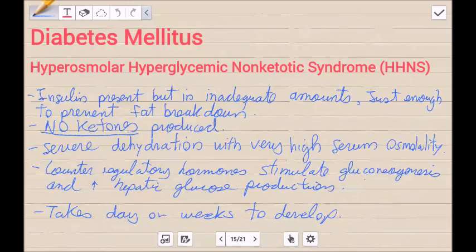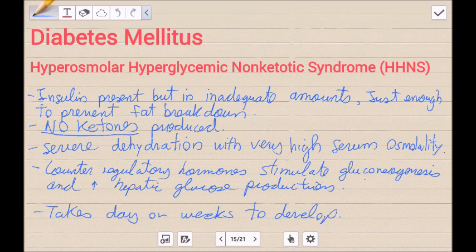So the pathophysiology of HHNS is that insulin is present but in inadequate amounts, just enough to prevent the breakdown of fat. So the body starts to think that it's low on energy, because remember, the cells in the body can use sugar once there's insulin to push it inside the cells, right? But because there's so little insulin available, even though there's a lot of sugar around, the body still thinks that there isn't enough